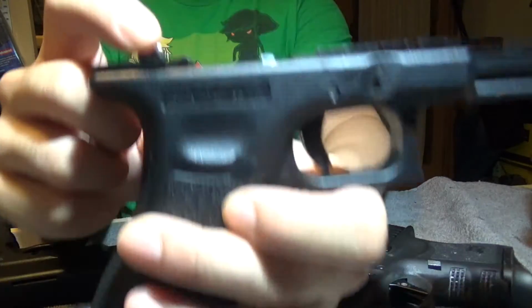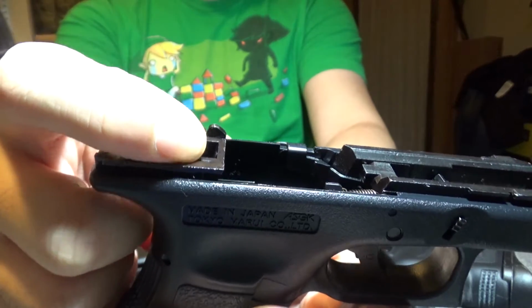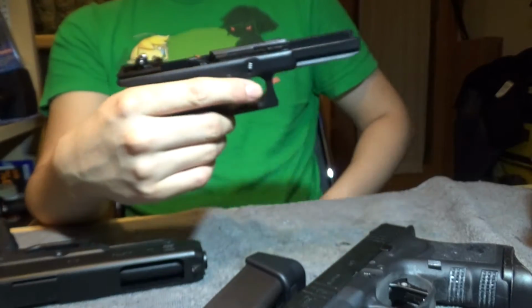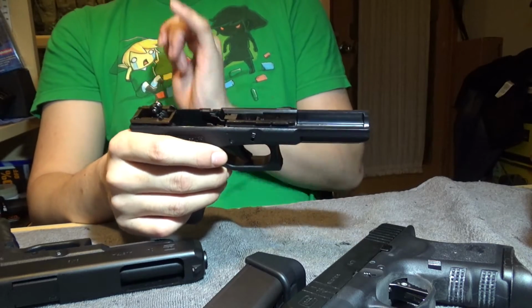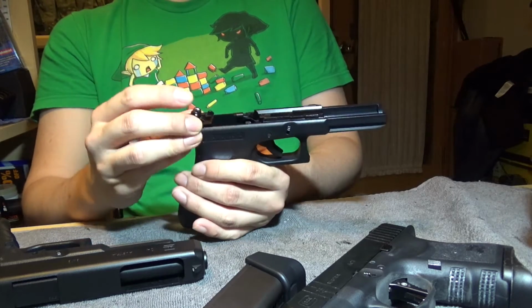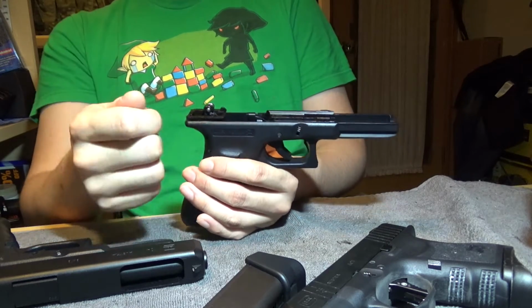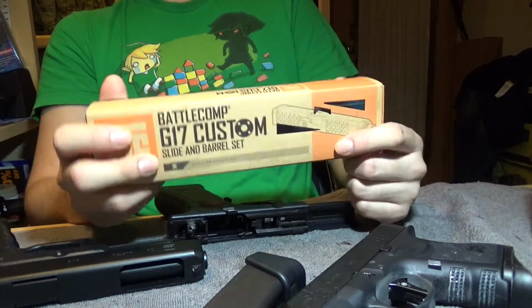So the trigger disconnect, this is what it is. It's when the blowback housing unit pushes this downwards. Now normally this takes little to no effort to push down, but on the Tokyo Marui Glock 22 and 34, they are fairly difficult to push down. So much so that if you decide to fit aftermarket metal slides like this one, this is a PTS Battle slide,